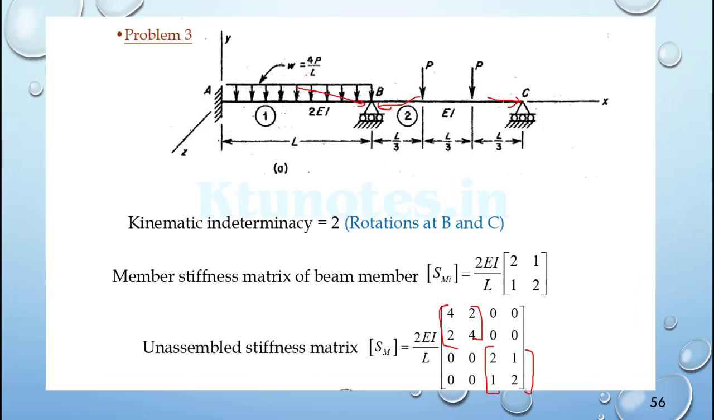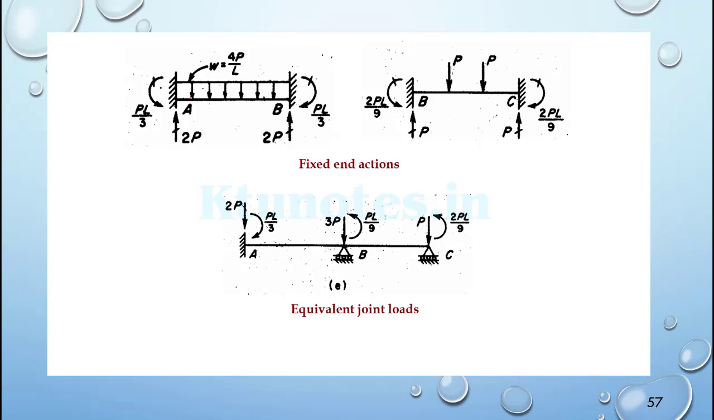With the UDL, we have WL square by 8 as the moment, and W total load by 2 as a reaction for this one. And for P, we have the equation which I have discussed earlier for the eccentric load, with A and B for the P, and this one also has to be separately analyzed and then added. It will give you PL by 3 as a moment and 2P as a reaction force,